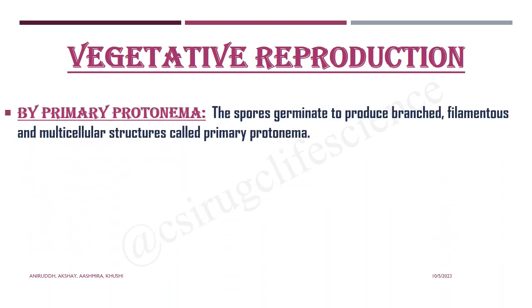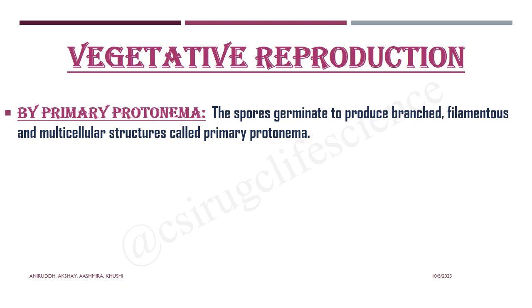So, till now, we have learned so many things about Funaria. So, let's start the revision of this chapter. Start from vegetative reproduction. It takes place by primary protonema and secondary protonema. So, the difference between these two protonema is: